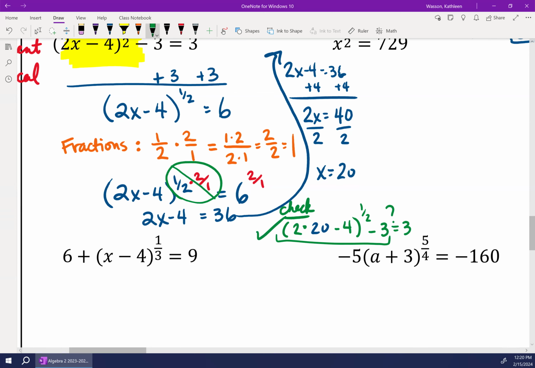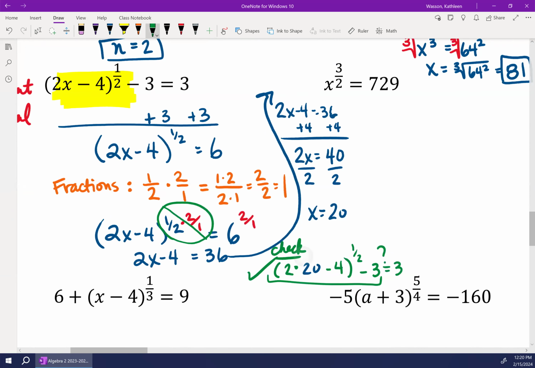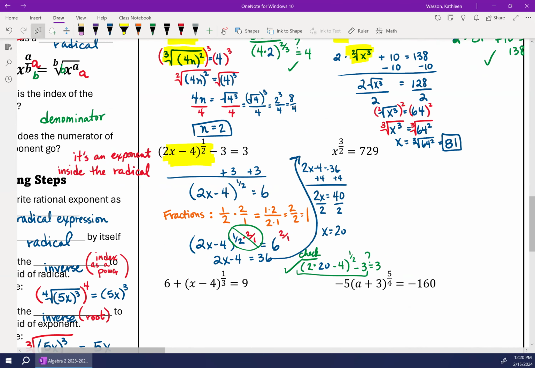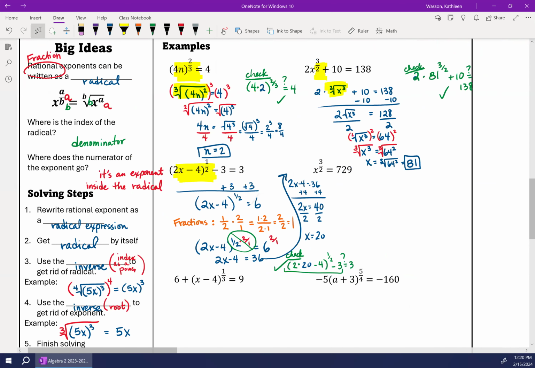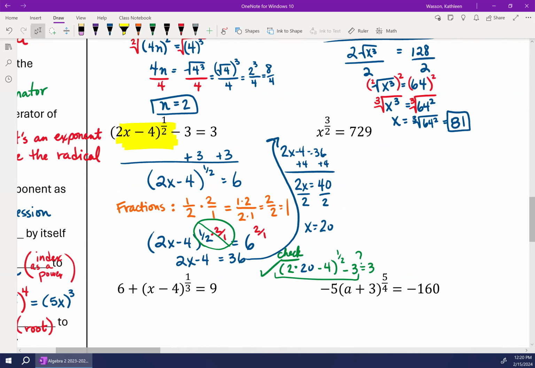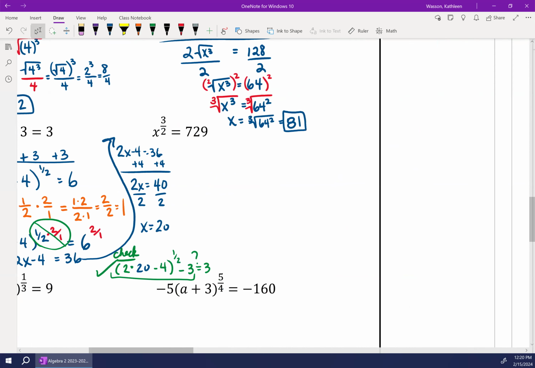Okay, let's write steps for what we just did. And then you can choose which way you want to solve them. You can solve them as a radical expression. Oh, I moved my whole world here. Sorry, everything's off now. But you can solve it as a radical using the steps that we did with the examples that we did, or you can leave it as an exponent and solve it like this. Here would be your steps if you choose to solve